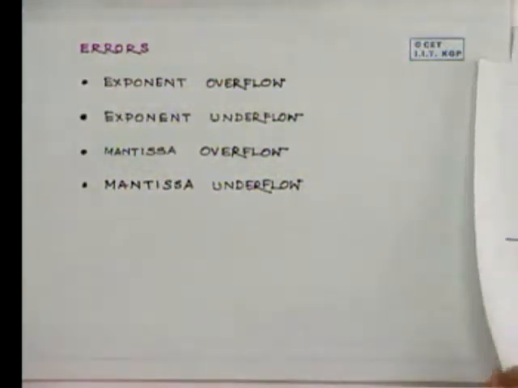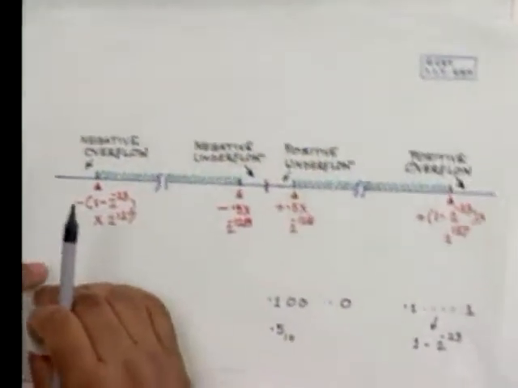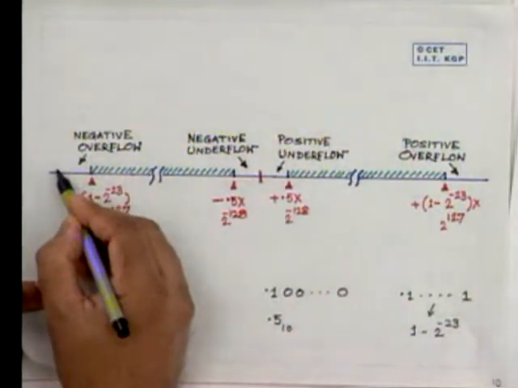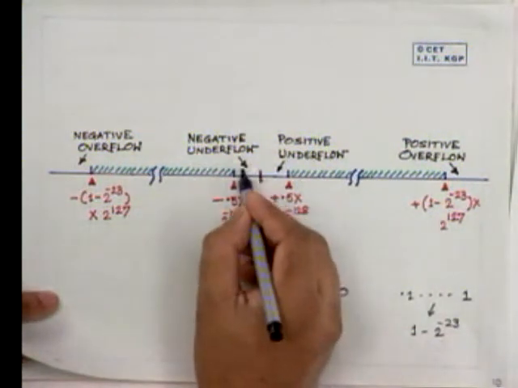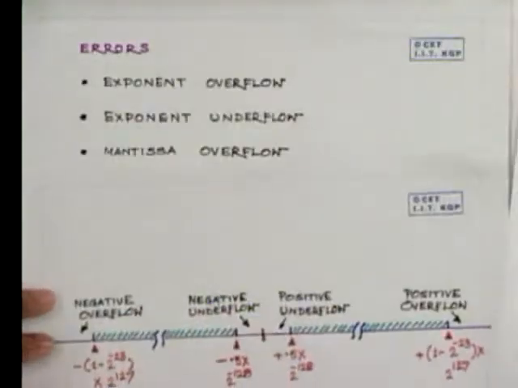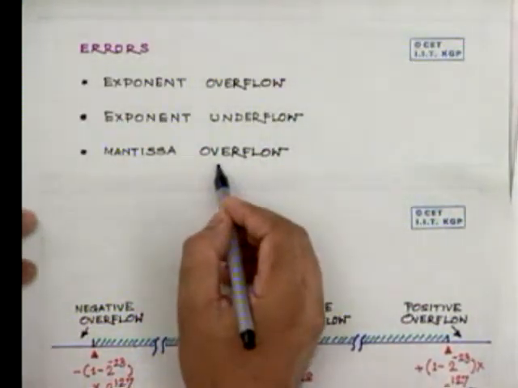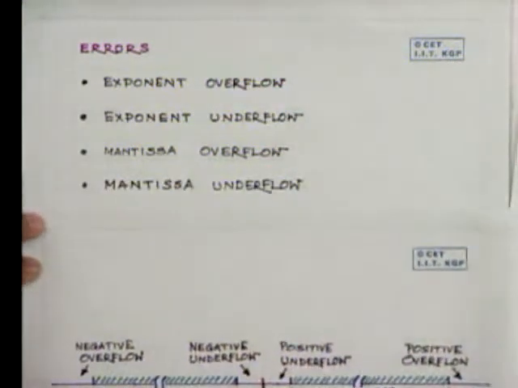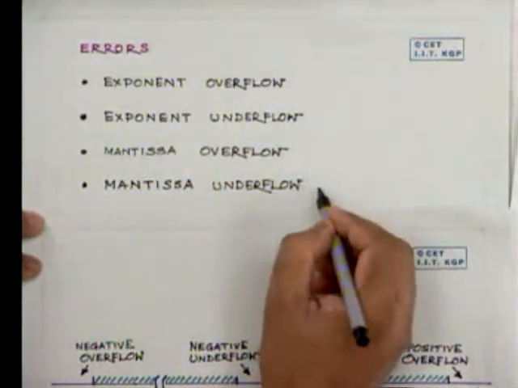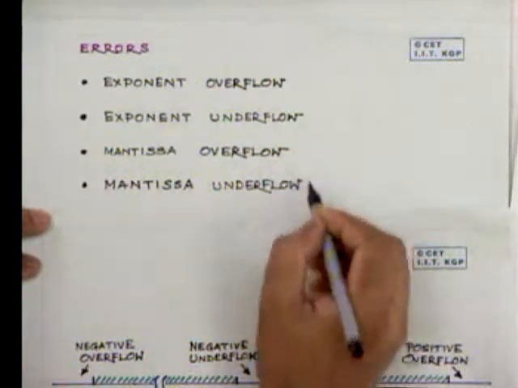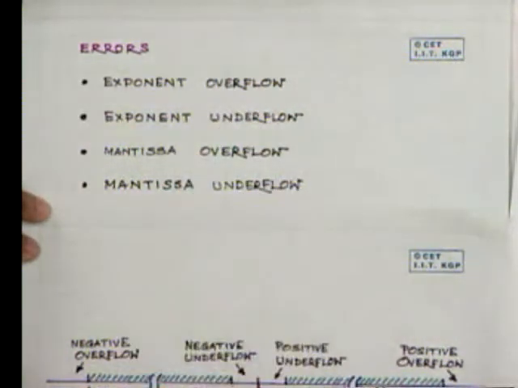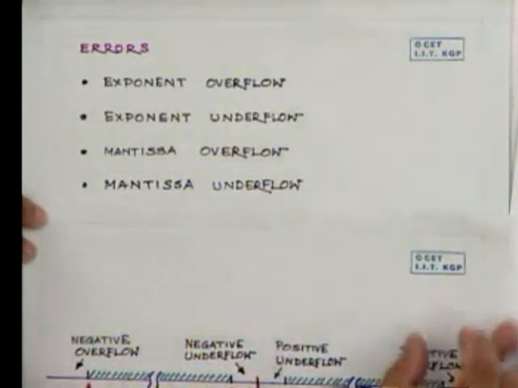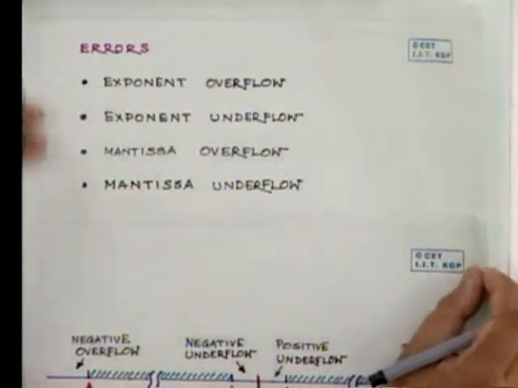Now, exponent overflows essentially will come over to here and to here. In the case of an exponent underflow, it will come here or here. The mantissa overflow can lead naturally to exponent overflow, and mantissa underflow can lead to exponent underflow, because in that case shifting is involved for normalization. Therefore, these are the errors that can take place in floating point operations and representation, and one has to take care about these errors.